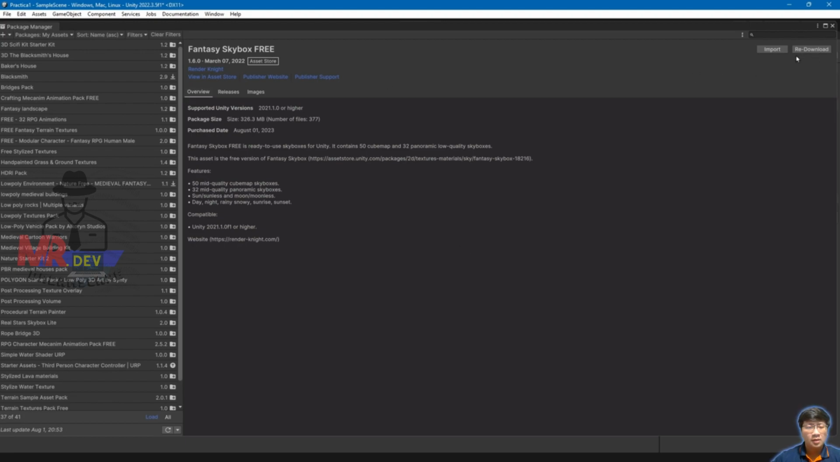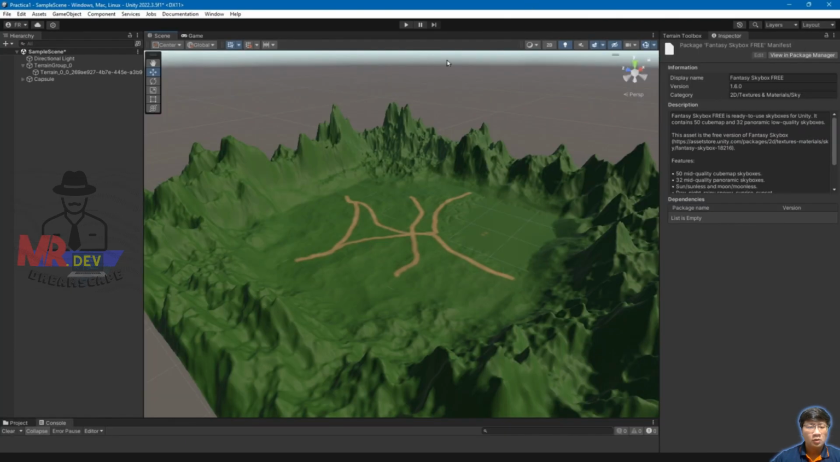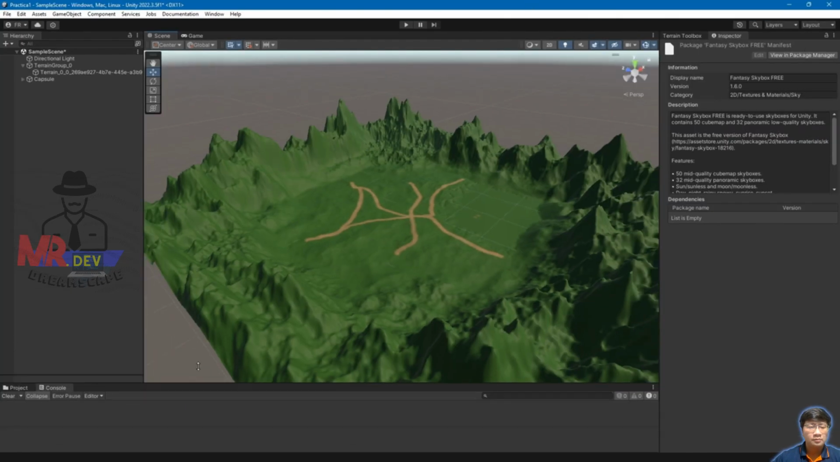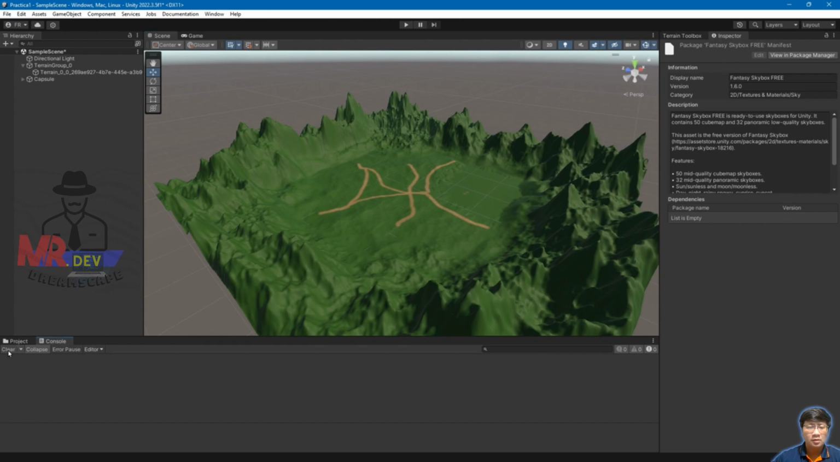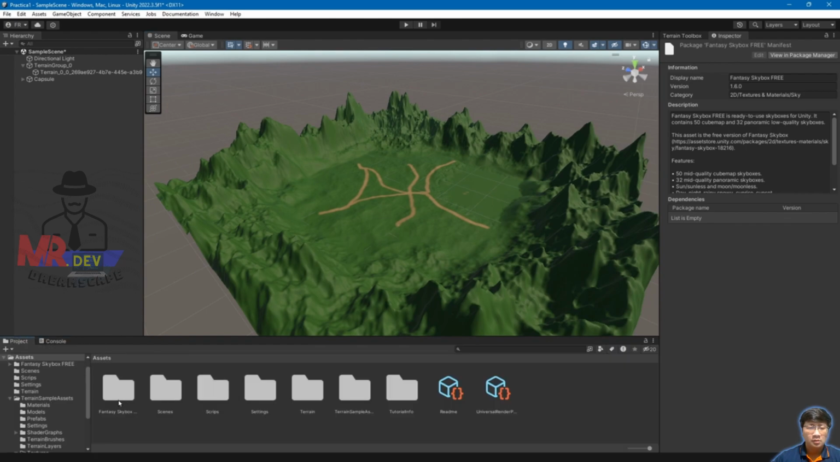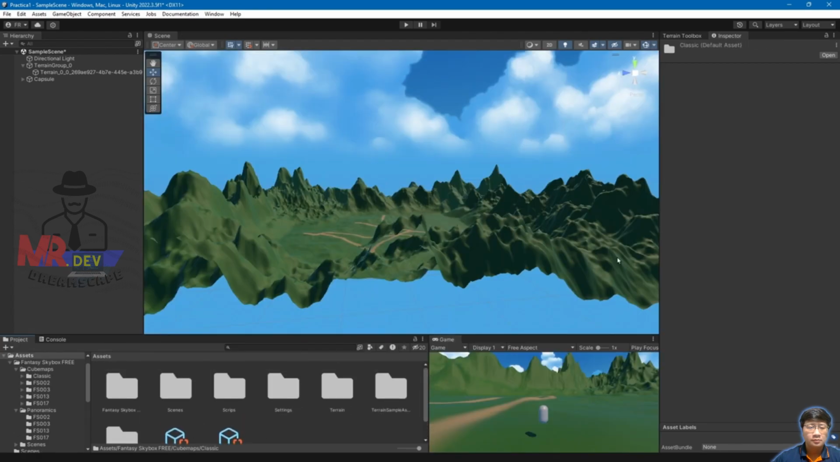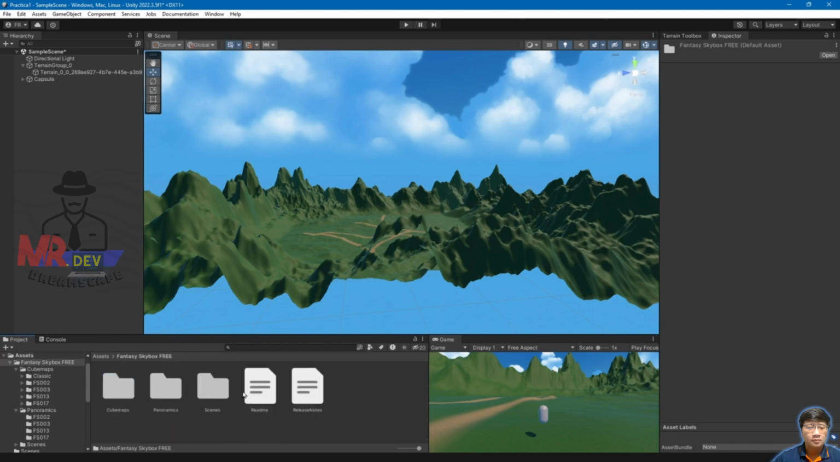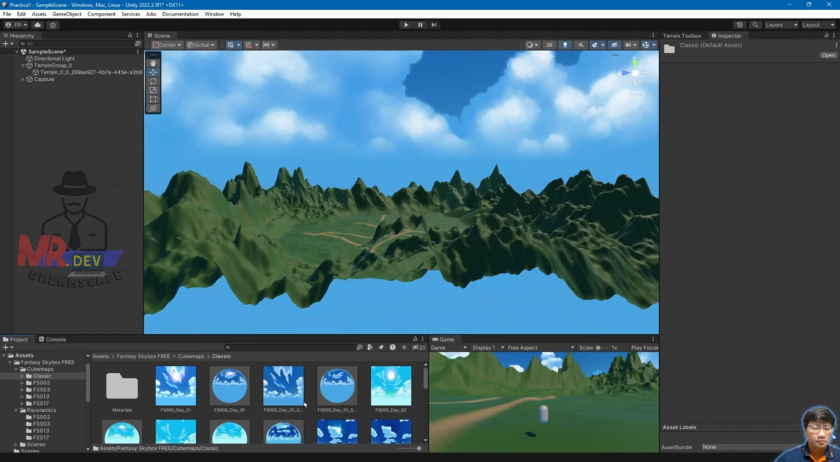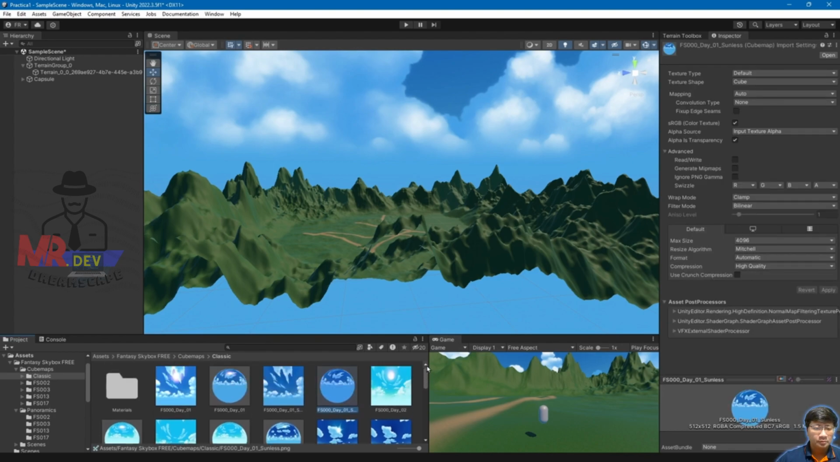As it ends up being imported, let's close this tab, and before we continue, let's configure the Skybox. The Skybox is, as its name says, the sky. Since it was downloaded, we go here to the Assets folder. You see a Fantasy Skybox Free folder. Open it. We go here to the first folder, Classic, where we can use them to give